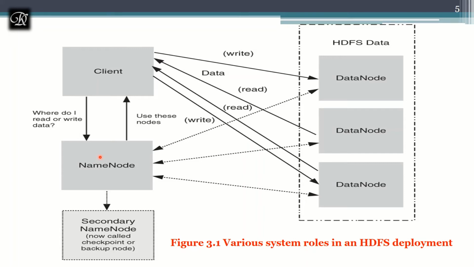So the name node is going to tell it some set of nodes. As I said, the minimum configuration is 3 data nodes and 1 name node, so you can use these data nodes. Why 3? I'll answer this in the next slide. Why is it only 3? Why should it not be more than 3? I'll answer this in the next slide. Here it's going to tell these are all the 3 nodes.